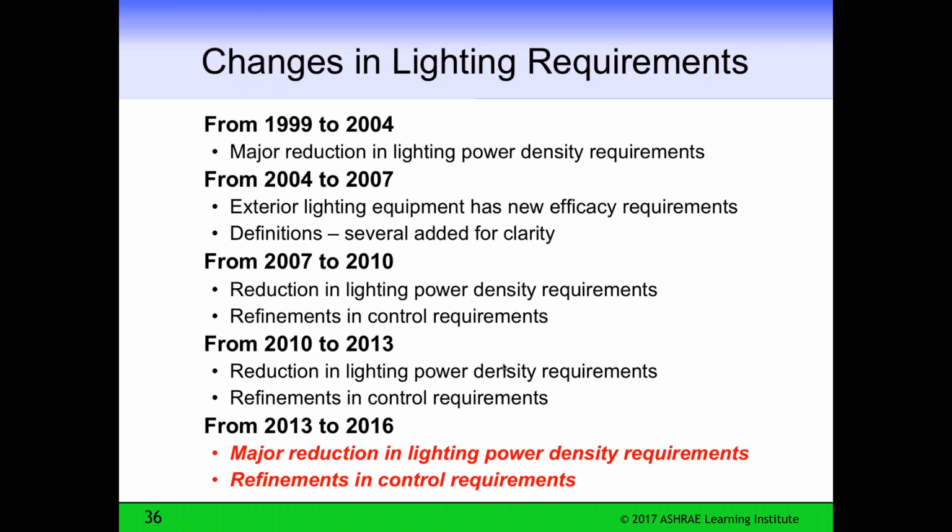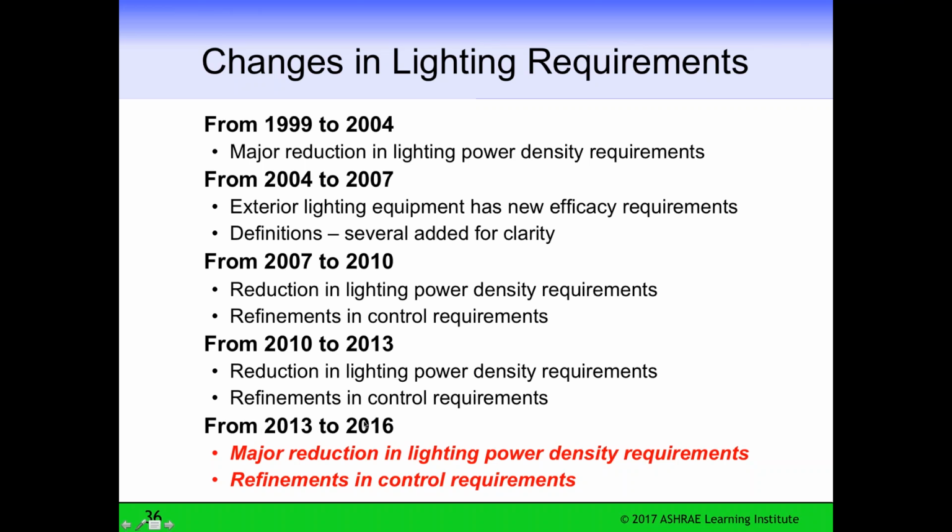Then from 2007 to 2010, another major reduction in lighting power densities and major refinements in control requirements, including new mandatory control requirements for daylighting. So we'll see this. And then from 2010 to 2013, an improvement in the daylighting control requirements, and then further reduction in density requirements.